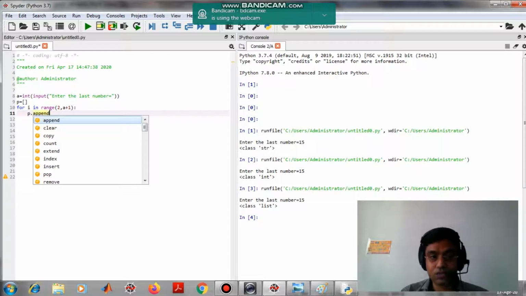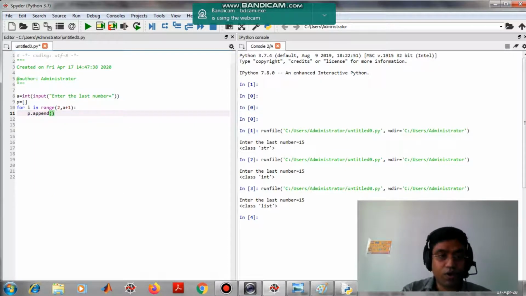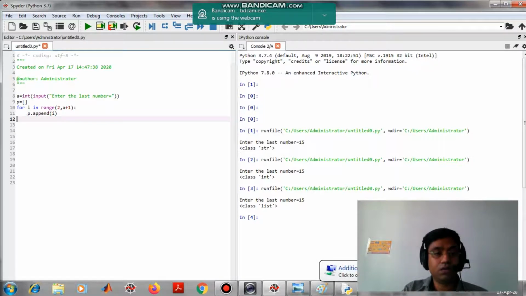This is the beauty of Spyder: if you want some function, it will give suggestions automatically for your help. So we want append. What do we want to append? I want to append I. So I will give the I. Up to here your code is clear. Now you want to check whether up to here our code is working fine or not.